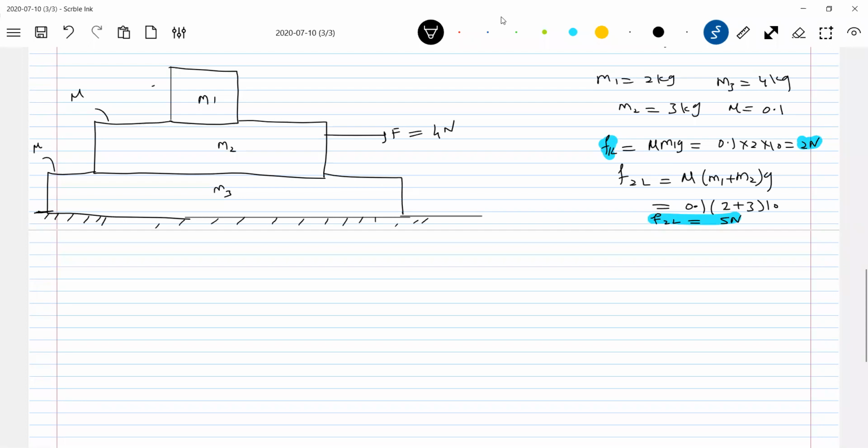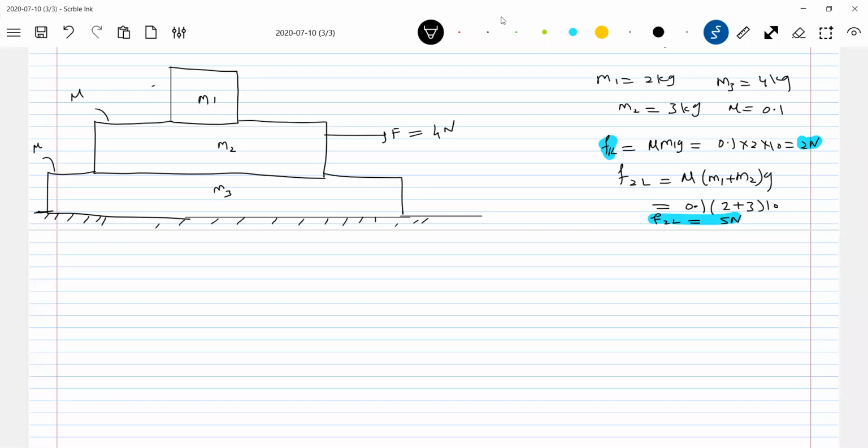Okay, I applied 4 Newton. Tell me what we are going to assume first. What is the best way of assuming? Shall I assume that slipping occurs at all surfaces? Shall I assume no slipping occurs at all surfaces? I'll give you the opportunity. You can suggest the idea. Anybody is free to talk now. What is the best way of assuming things? No slipping occurs at all surfaces.